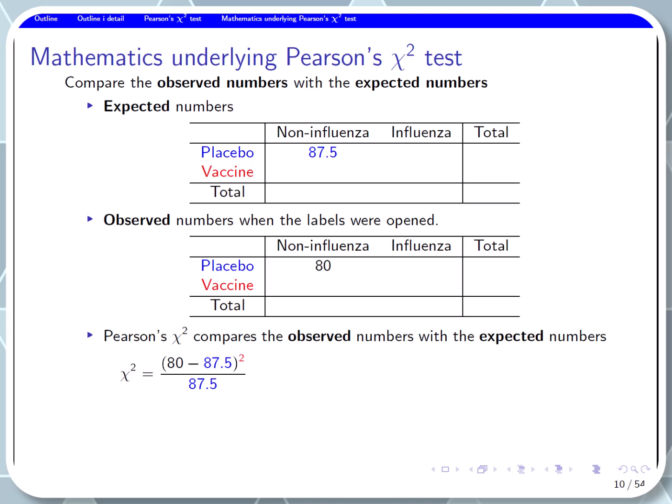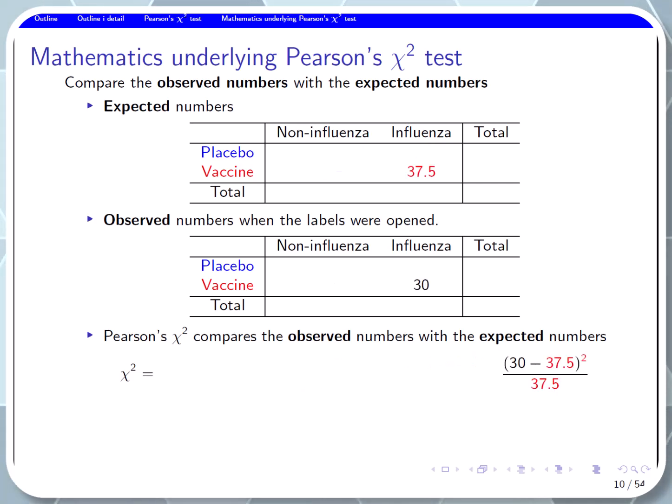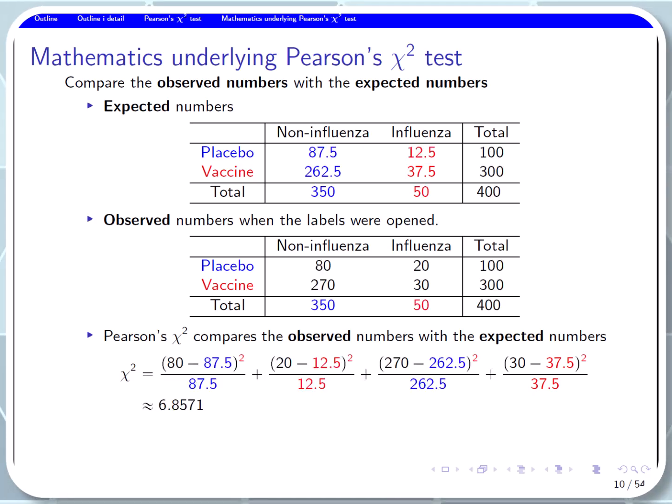Concretely, for example, for the first cell, we subtract the expected number from the observed number and square the difference, and then divide this by the expected number. We will repeat this for each cell, the second cell, third cell, fourth cell. Finally, we sum these values across all cells to compute the chi-square statistic, roughly equal to